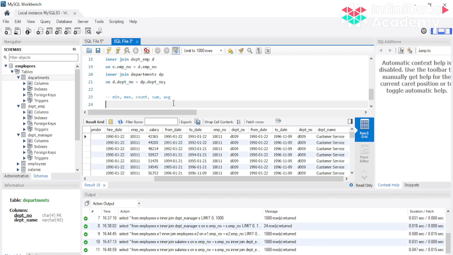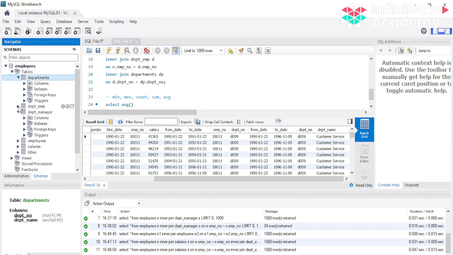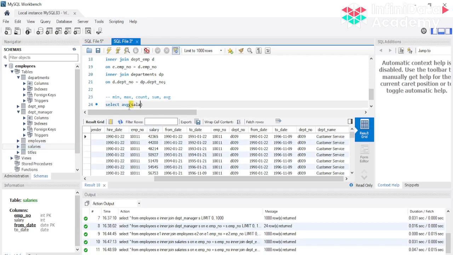So let's just do a simple aggregate function over your salary. So this is your salary table, right? And in the salary table we have a column salary. On this we just want to see the average salary of this particular company from your salaries, right?